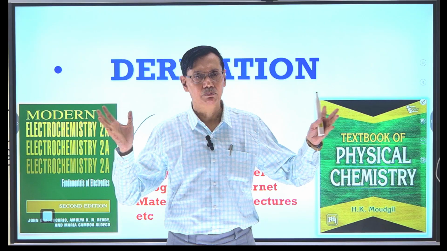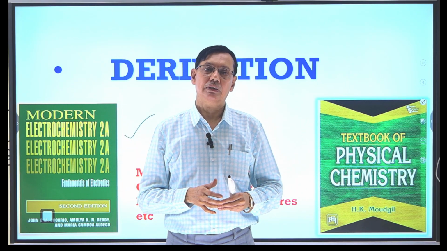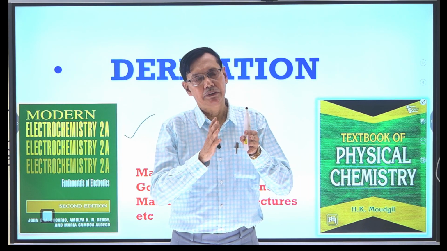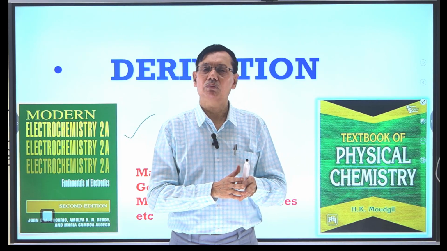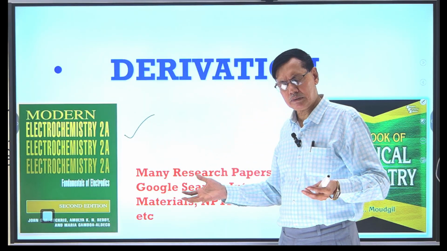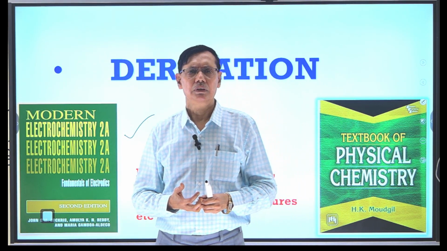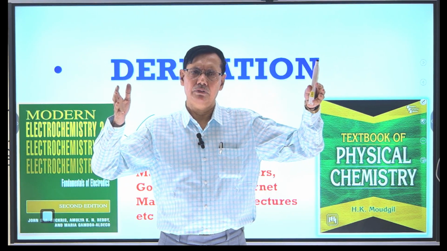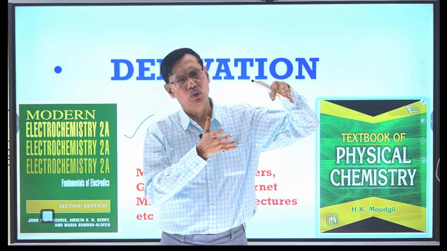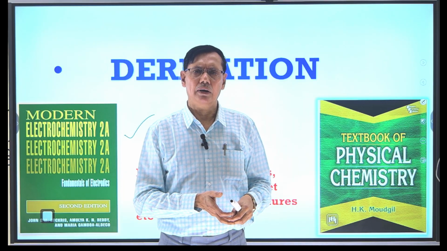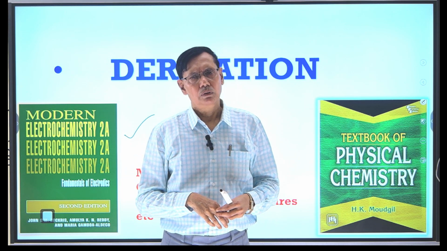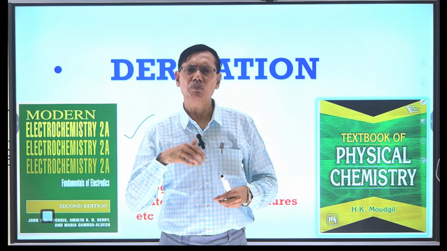Don't worry about this big derivation, but if you derive it step by step, you will understand. And it is not mandatory. If you don't understand the fundamental mathematics, you can directly write the first Poisson and Boltzmann equation, and then from the Poisson and Boltzmann equation you can derive the change in potential gradient with respect to distance, and of course ultimately